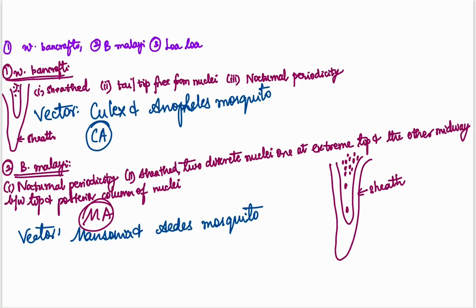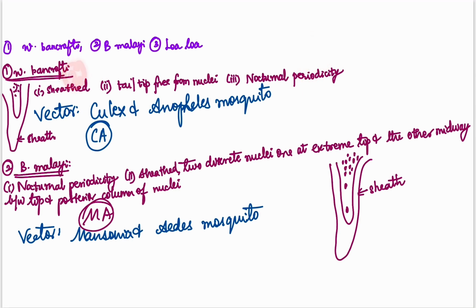Let's learn about Wuchereria bancrofti, Brugia malayi, and Loa loa. How can you identify these organisms based on the image given? In the case of Wuchereria bancrofti, remember they are banned. They come only at night, which means they have a nocturnal periodicity, which is number one, and they